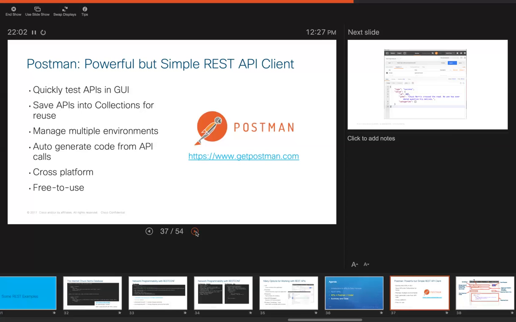And I know you just said that you and DevNet like to use Python, but is Python programming required for REST APIs? No, it's not. But because DevNet Cisco does use Python quite a bit, it's an easy tool, and a lot of the DevNet developers use Python already. So that's one I'd like to call out.